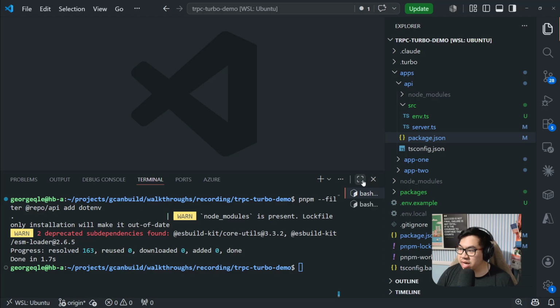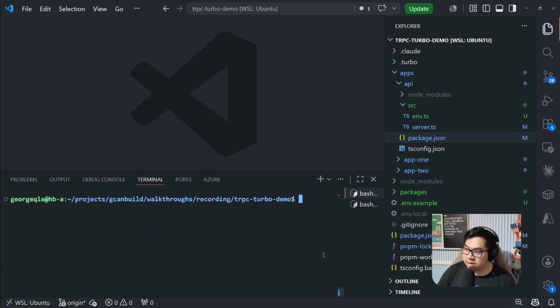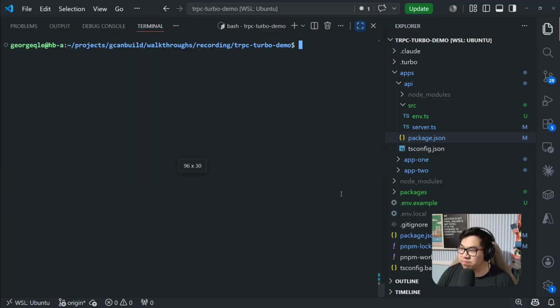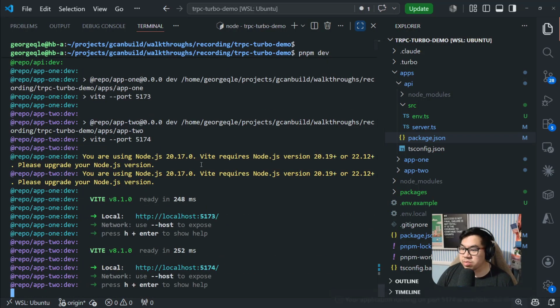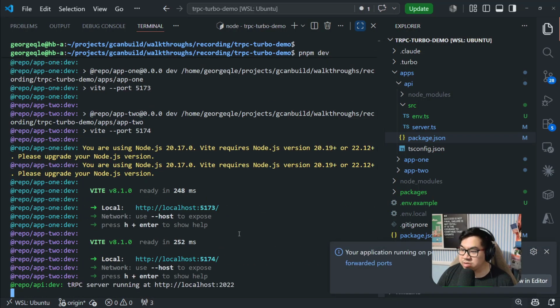And so now that we have all of this set up here, we should be good. Let me just close this out real quick and restart it. I don't know why I have a separate bash here. I just killed that other one so we had more room. I don't know why that one popped up. VS Code's being weird. So now we're going to do pnpm dev, which you'll see we have our two apps running at 5173. So if I control click real quick,